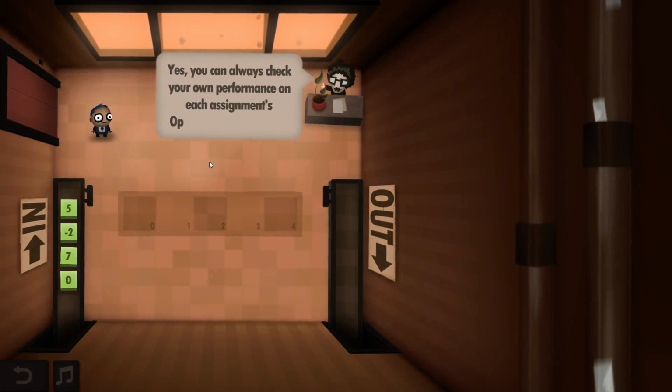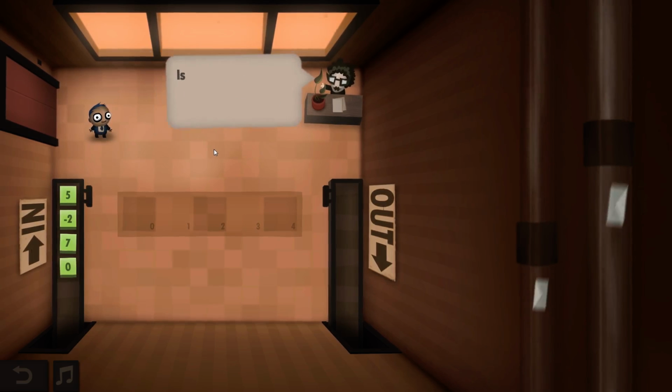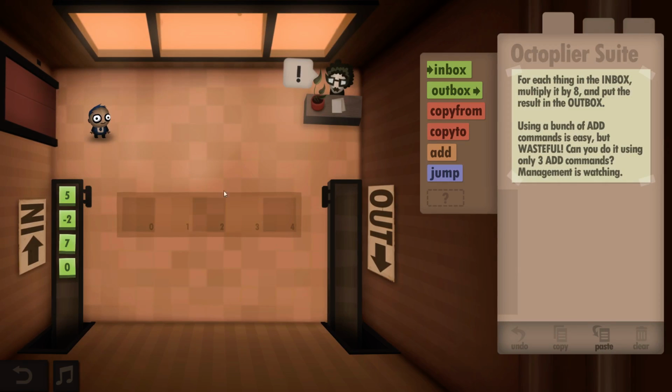Yes, you can always check your own performance on each assignment's optimization challenges. The 2 green lights next to each button in the elevator will tell you how well you're doing. Is there anything in life more thrilling than self-improvement? I say not. So for each thing in the inbox, multiply it by 8 and put the result in the